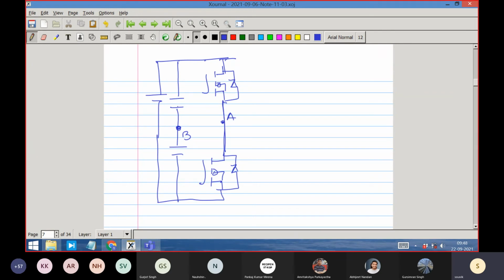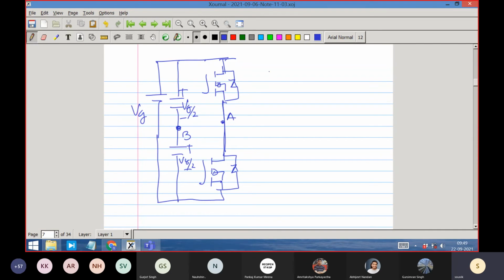Another one is by splitting the capacitor, splitting the voltage, that is Vg, by two capacitors. I am assuming that these capacitors are all equal, so this is dividing itself into Vg by 2, Vg by 2. You are creating a center point by capacitor split. That is what half bridge topology is.